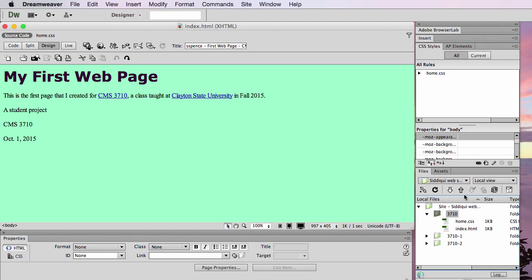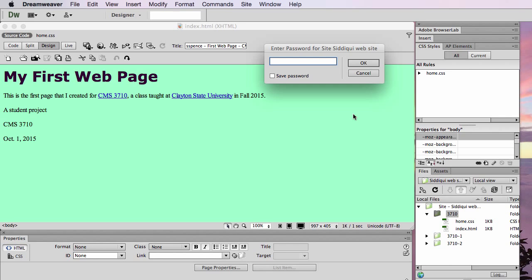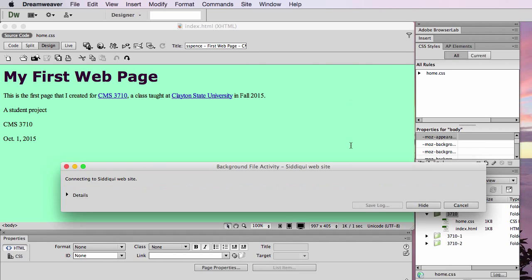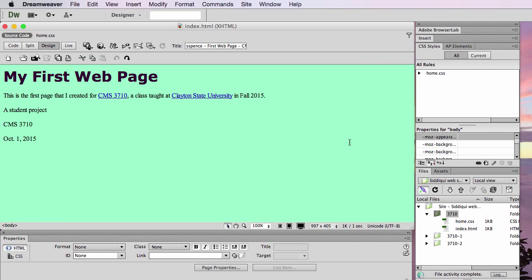So I select what I want to upload, use the blue upward pointing Put Files to Remote Server button. It does ask me for my password, so I enter my Swan password. The background activity file should come and go quickly. Sometimes it takes a while for the server to respond. If so, you'll just need to wait for it. But once it's done, you can go to your browser,